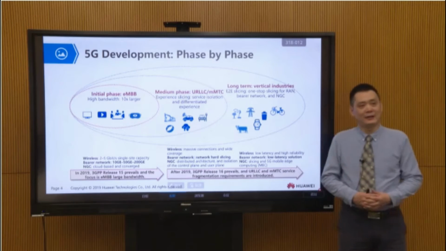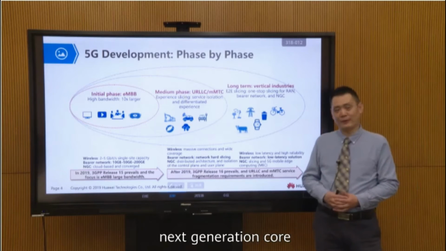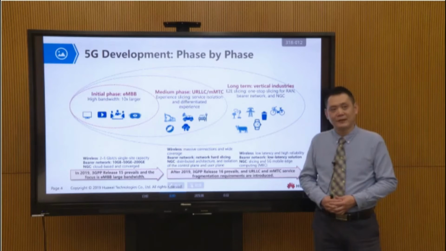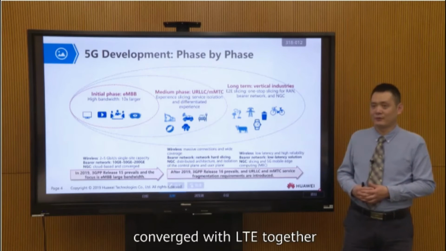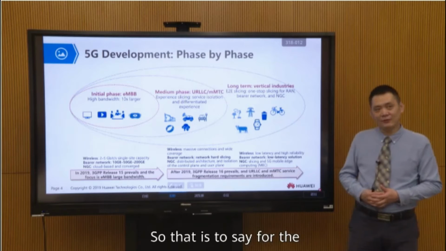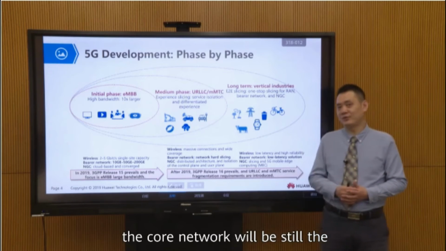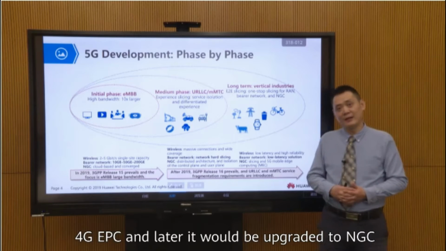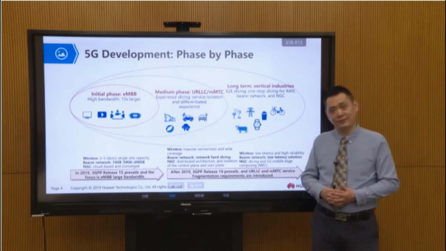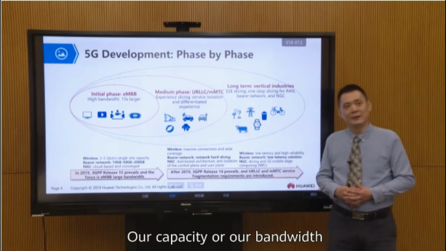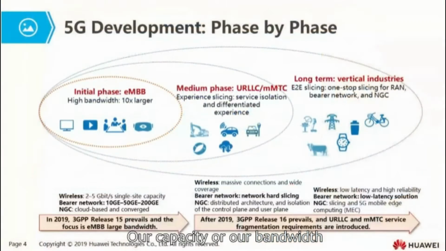Okay. And for the core network, next generation core, it will be cloud-based and converged with LTE together. So that is to say, for the beginning stage of 5G, the core network will be still the 4G EPC, and later it will be upgraded to NGC. Okay. So that is the beginning stage. Nowadays, just at this stage, our capacity, or say our bandwidth, can be 10 times larger comparing with the LTE network. And for the medium phase,